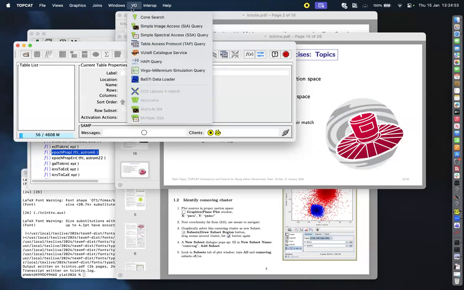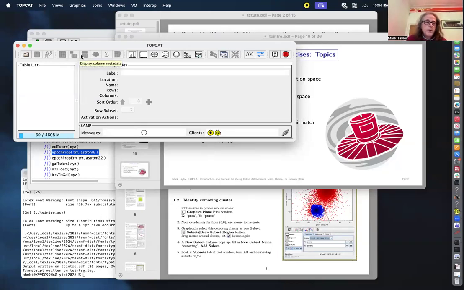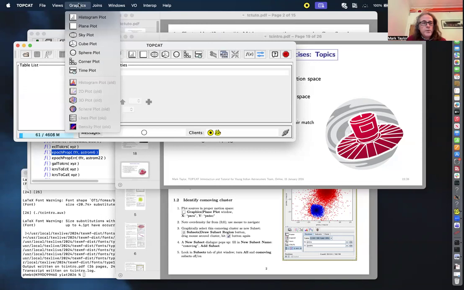So this is what TOPCAT looks like. Down here is a list of tables that I've loaded, which I haven't loaded any so far, and then when I load a table it tells me some information about it there. And then along the top, there's various things that I can do. These ones are plots, and these are different ways of looking at the table. And these buttons, if you hover over them, you'll get a tooltip which says roughly what they do. But you can also look in the menus. All of these toolbar buttons also appear in the menus as well. So, for instance,